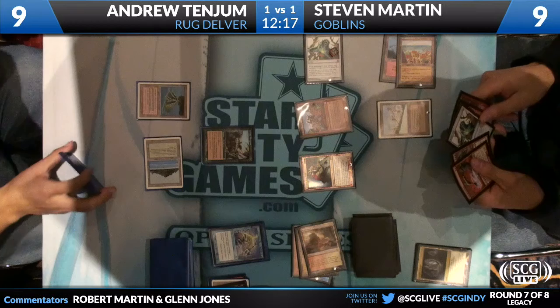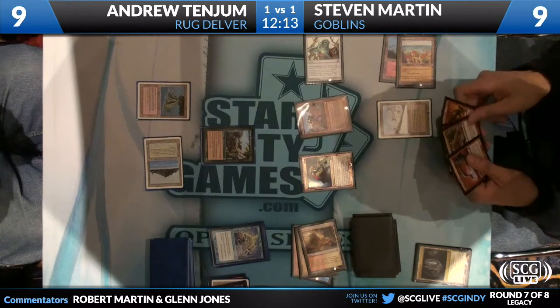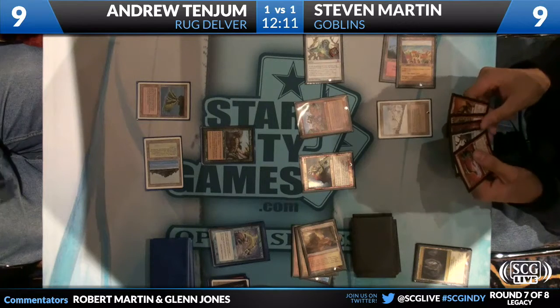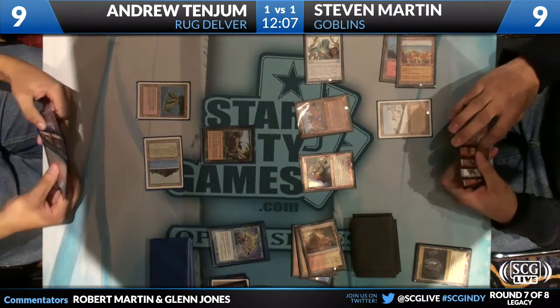Wow, Andrew needs something here. Yeah, passing the turn multiple times against a Krenko mob boss is probably not going to win the game. It's not a recipe for winning. I'm not a psychic or anything, but